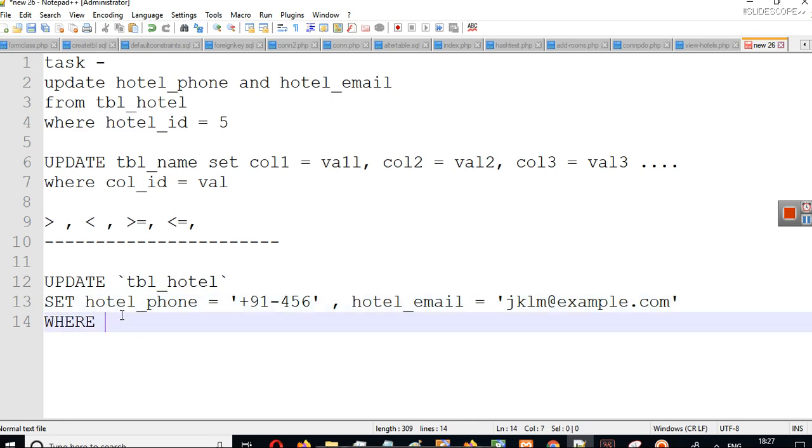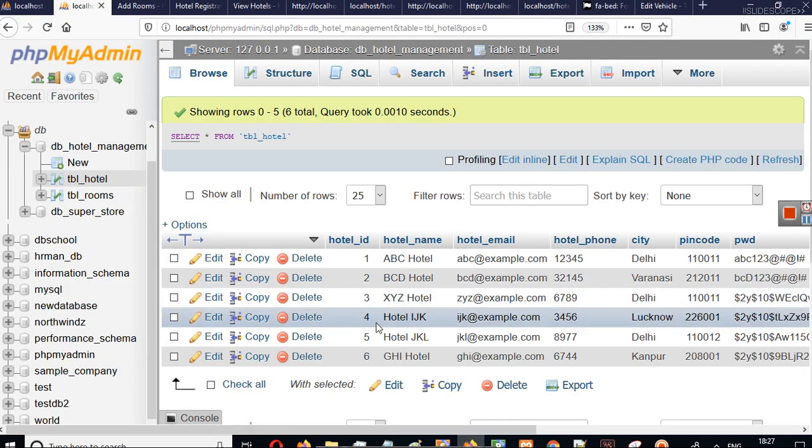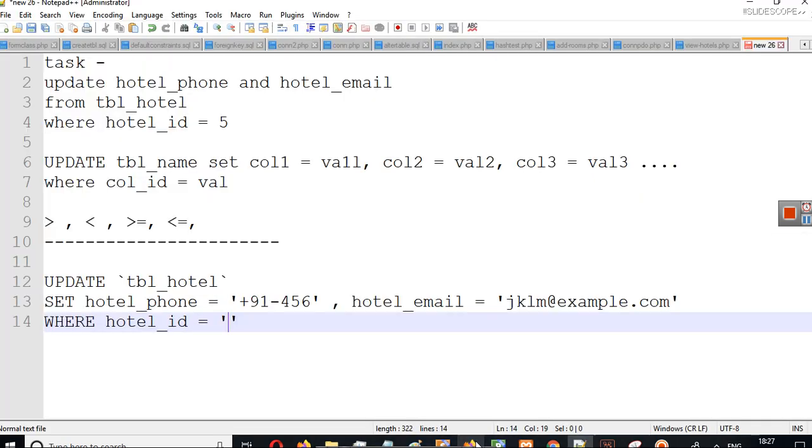And where what? We can write where hotel ID is equal to something. Hotel ID in our case is 5. So let's say where hotel ID is equal to 5. This is our update query. I will save this.